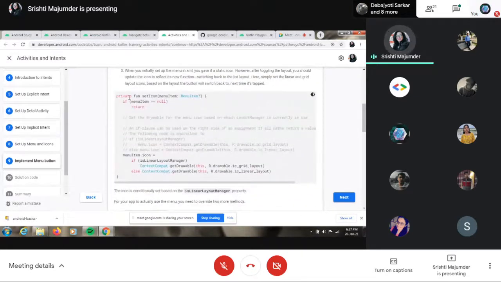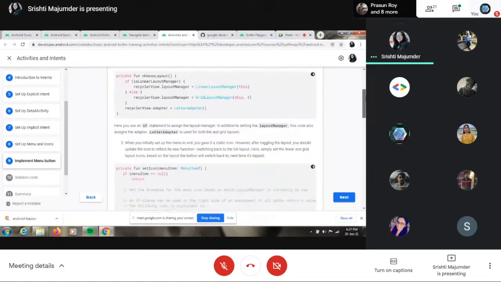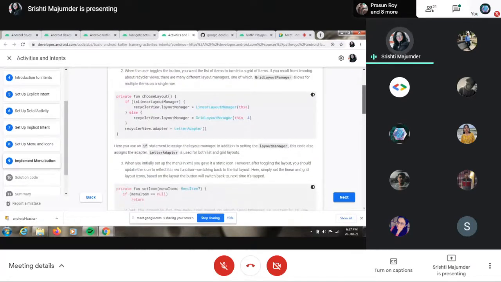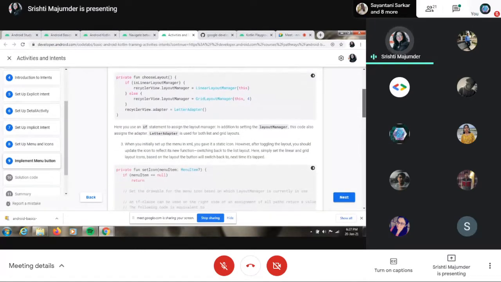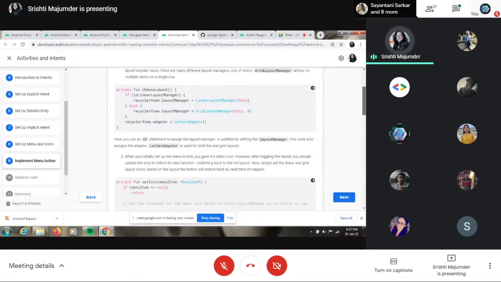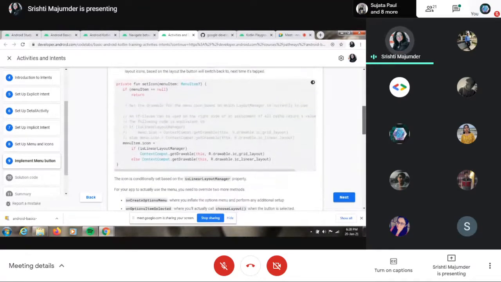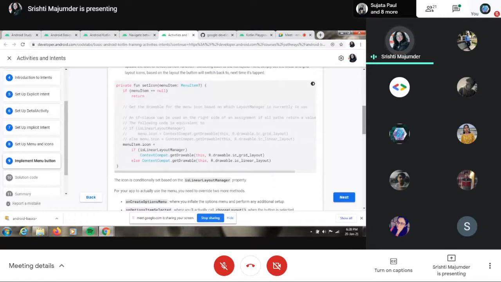Then you have to add this one, which is private fun setIcon(menuItem?). This part does nothing as such. Suppose the user wants the first one. When the previous function is run, the app will see that the user doesn't want this one. Suppose it comes out to be false, it will automatically go for the next option.